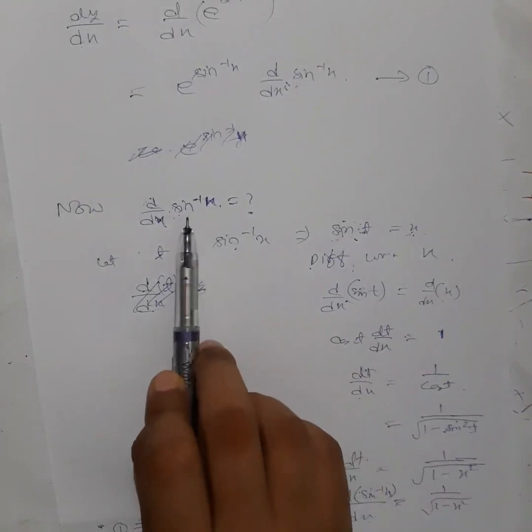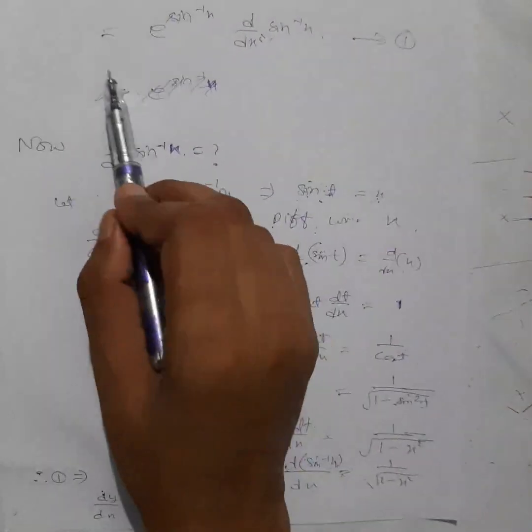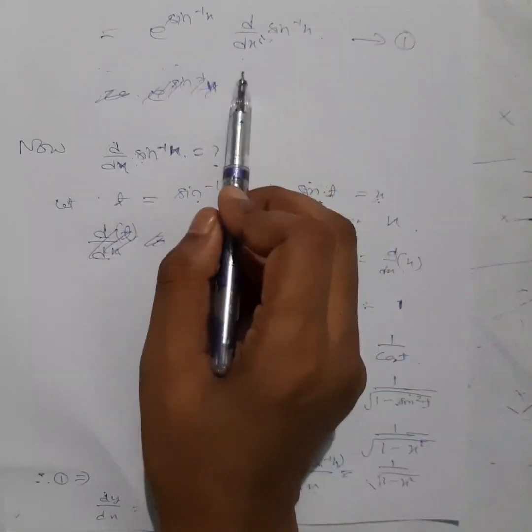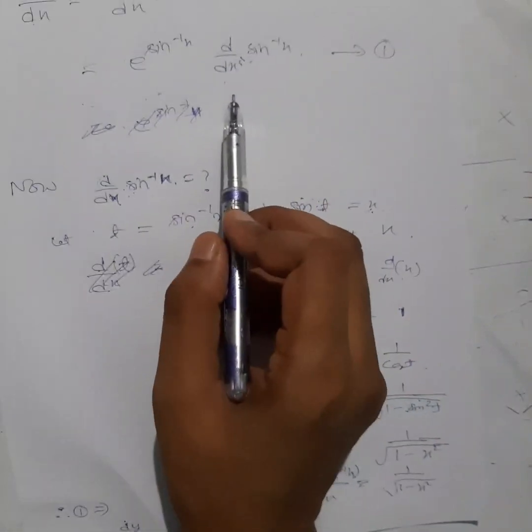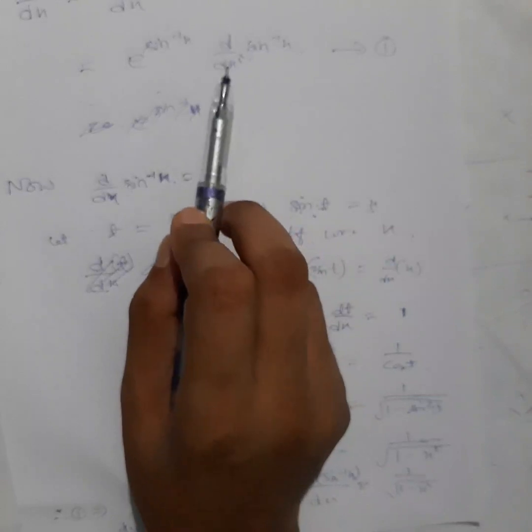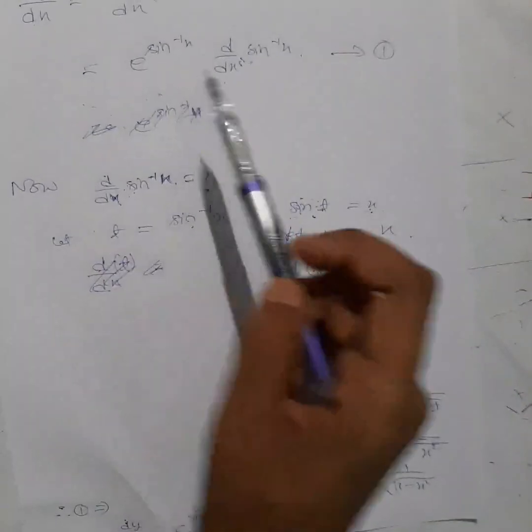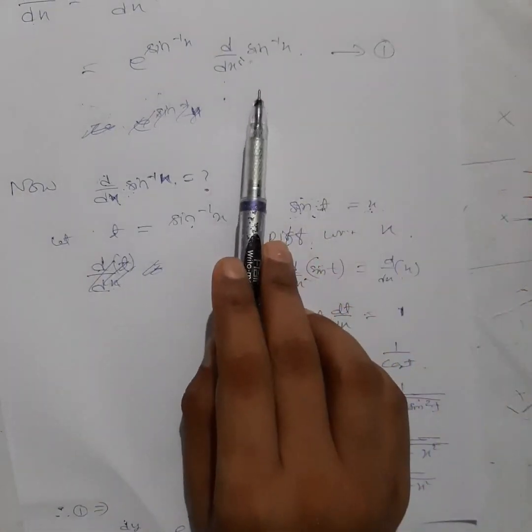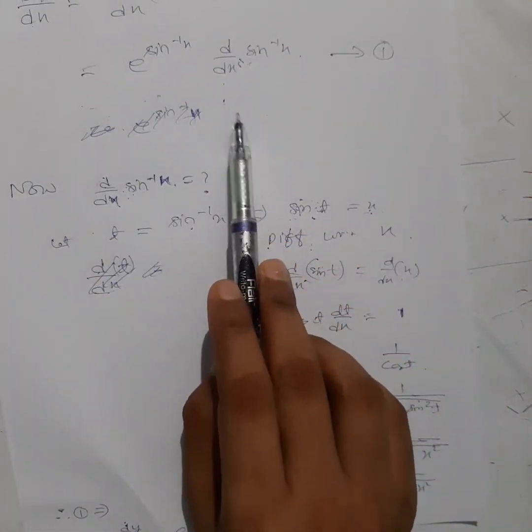If you have done it and if you remember this one, then you can directly put it here in place of d dx of sine inverse x. Directly you can put, and you will get exactly whatever marks are provided in this question. Okay, the one who will do and show it, they also will get the same marks, and the one who has written it directly also will get the same marks here. Okay,